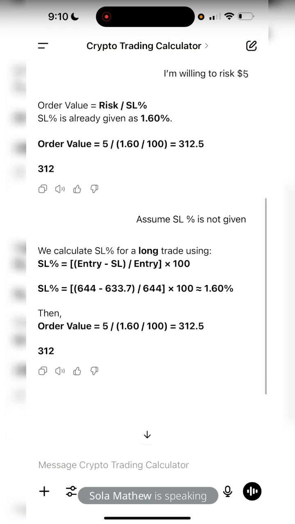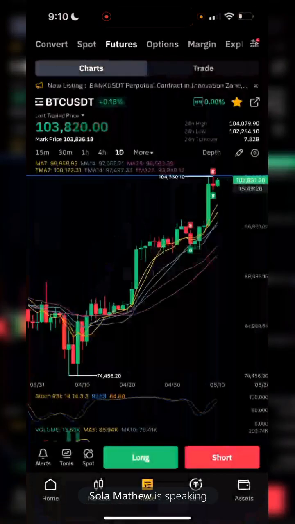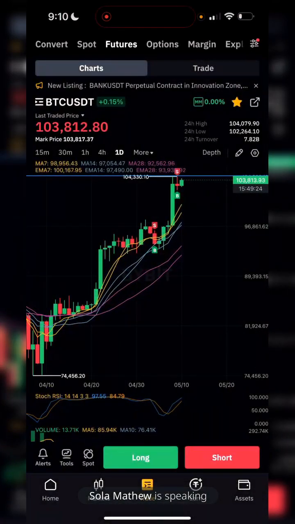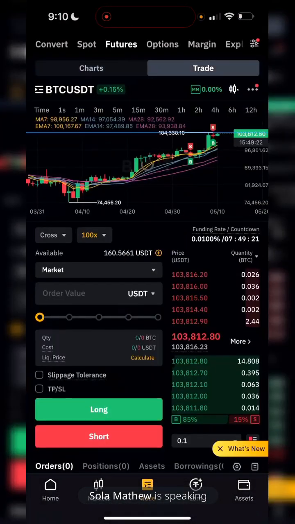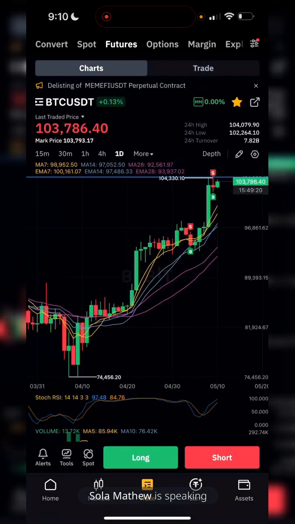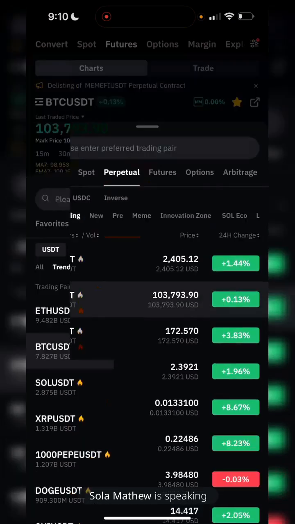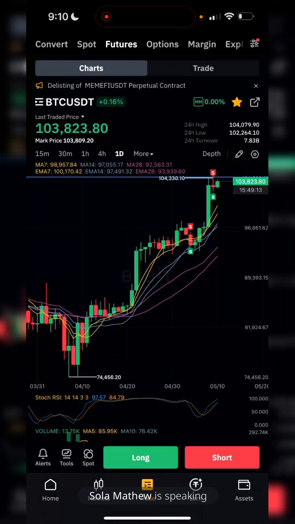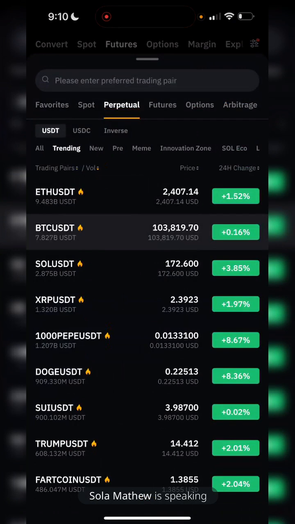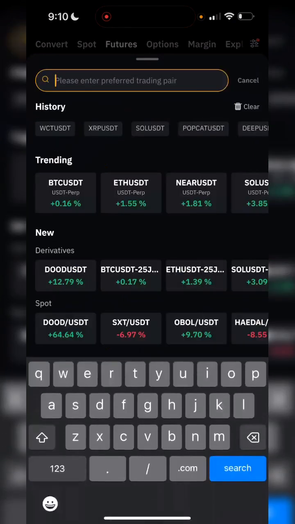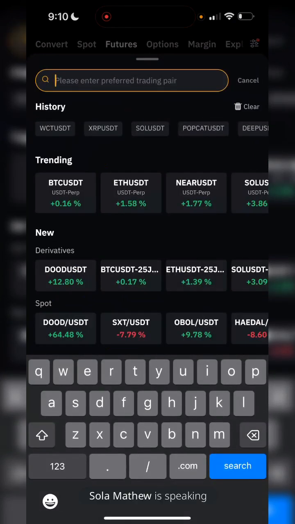All right, 312. So I'll go to this place. I'll click on long. Okay, sorry, let's go back. So you click on that USDT or anything that is there. It's usually USDT that we say. Click on USDT, BTC USDT. Then search for, what again? BNB